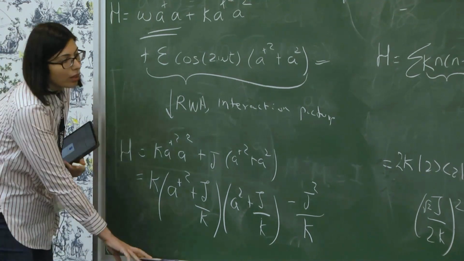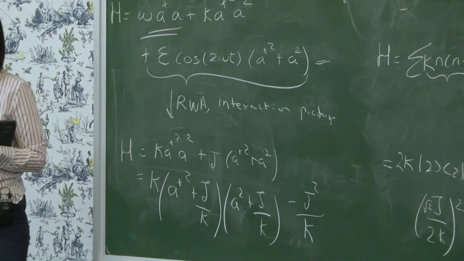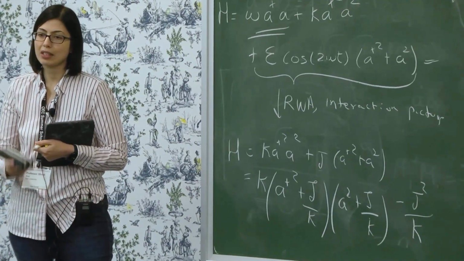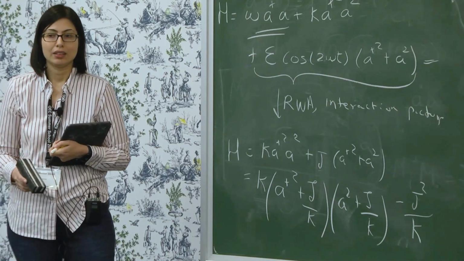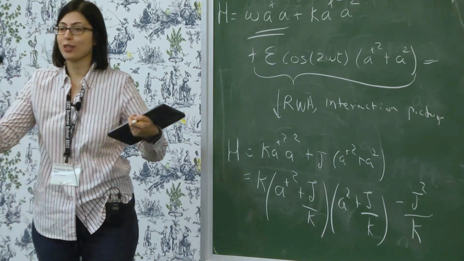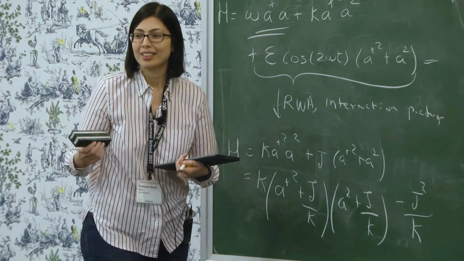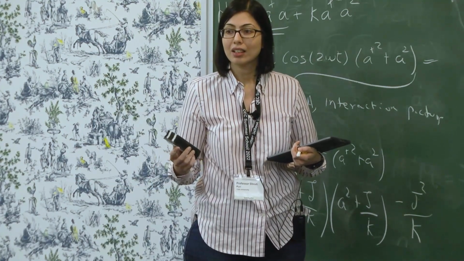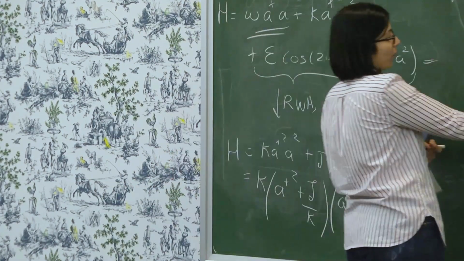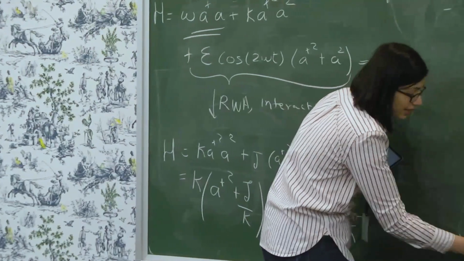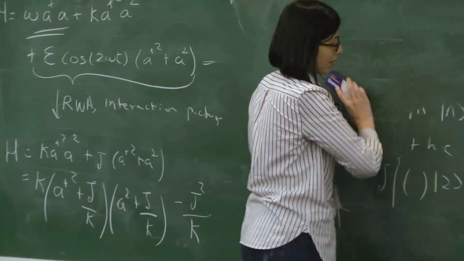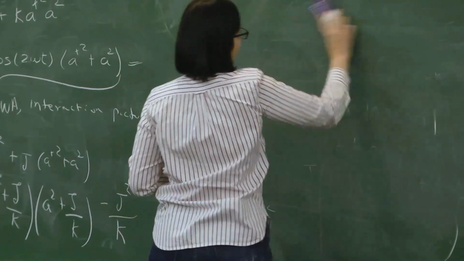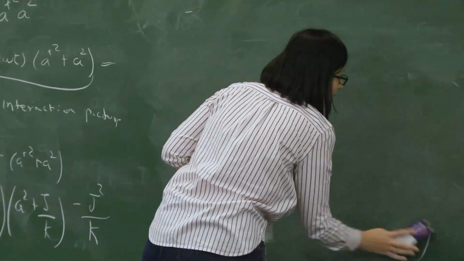Okay, so who remembers coherent states from the notes that we sent earlier? Yes. So what are coherent states? Right. So cat states are superpositions of coherent states. That's true. So a coherent state is